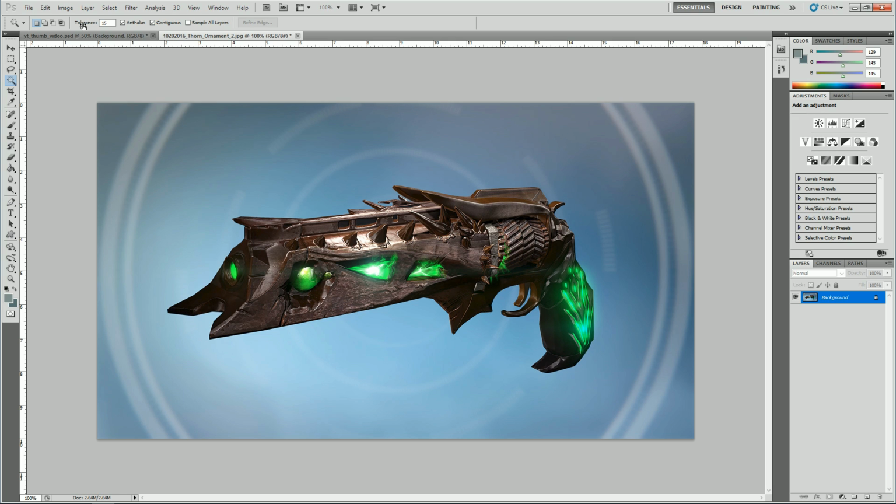So they end up kind of going into the background a little bit more, and it's kind of hard to separate them out. This Thorn, however, has a kind of reddish tint to it, so it stands out from the very blue background. But I'm going to keep the tolerance of 15. Actually, I'll turn it up to 29. And then I'm holding down Shift and just selecting large portions of the image. And almost got